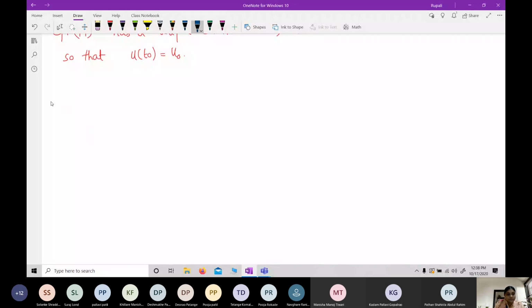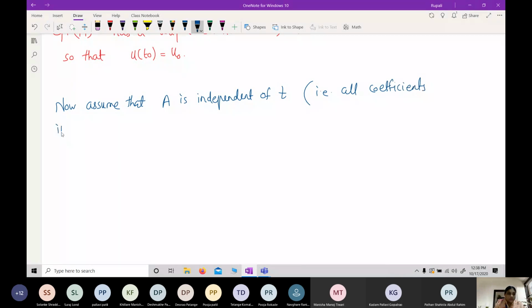Assume that A is independent of t, means all coefficients in the system 4.1 are constants, that is, the matrix is a scalar matrix, not functions, and if f of t is equal to 0, then